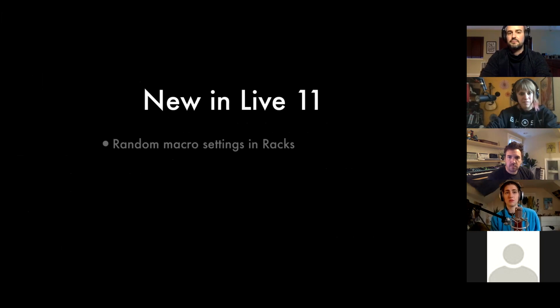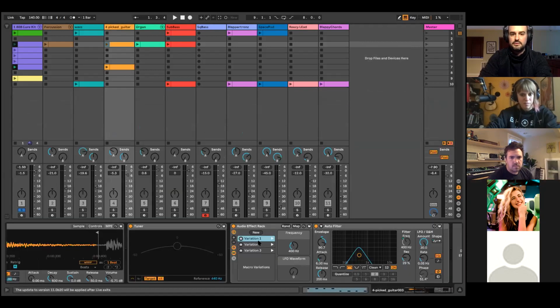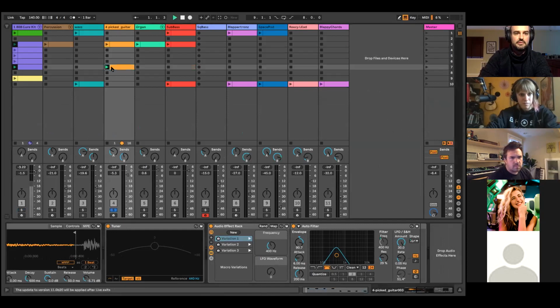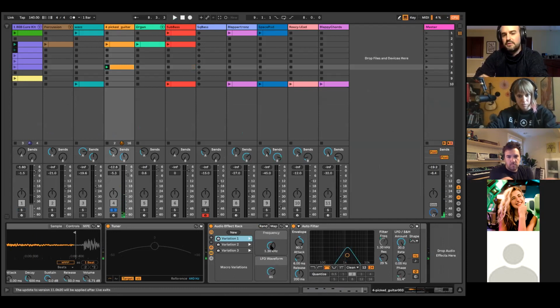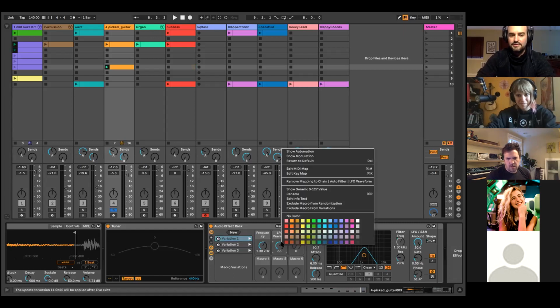Okay, so actually, Mari talked about this a little bit, but you can also use effects racks to apply randomization for your mappings. So I'm gonna go ahead and play this loop. So that's just our little guitar chunk, and I can randomize this. And so this is really awesome because you can set as many of these parameters up here as you want. And I think in Mari's example, one of the distortions was kind of getting out of control, but what's kind of cool is that you can control click or right click on that. And you can actually remove that mapping